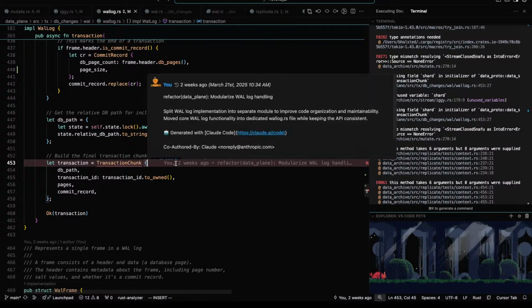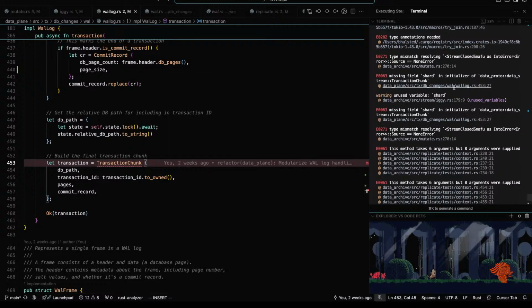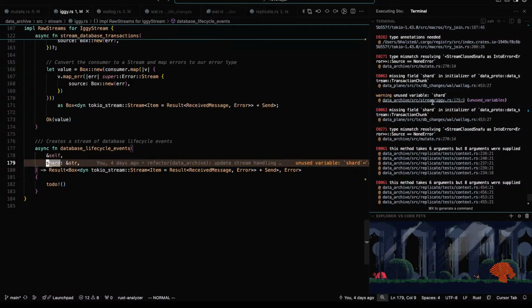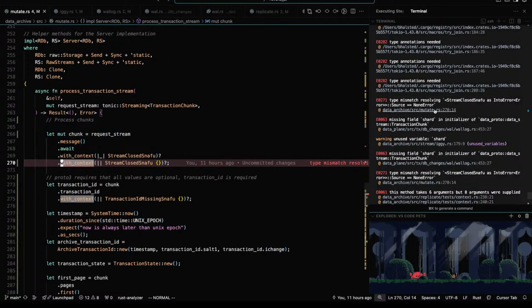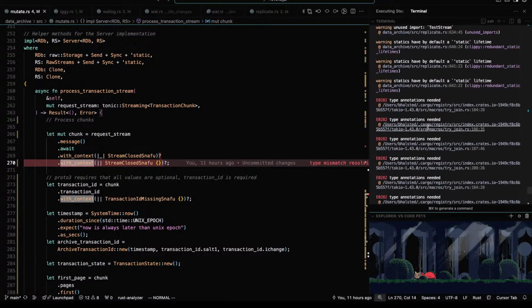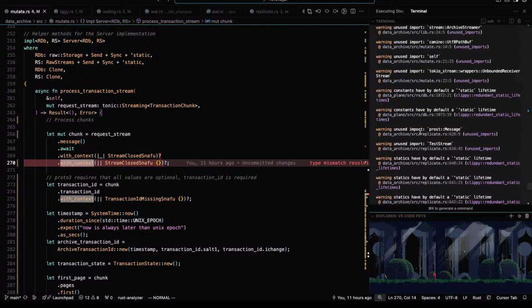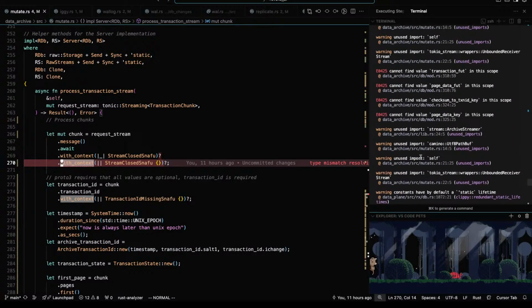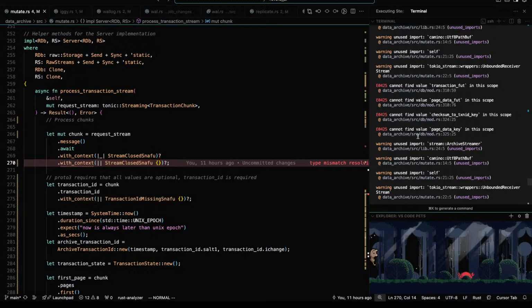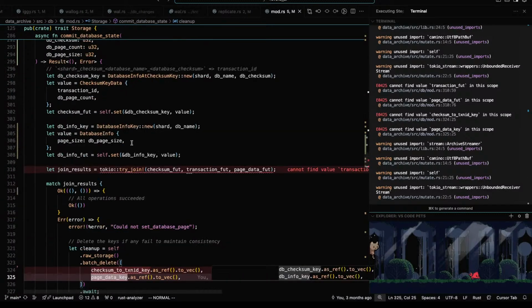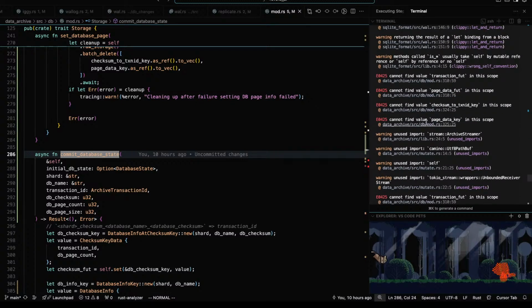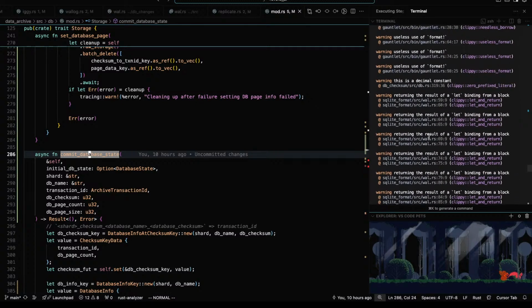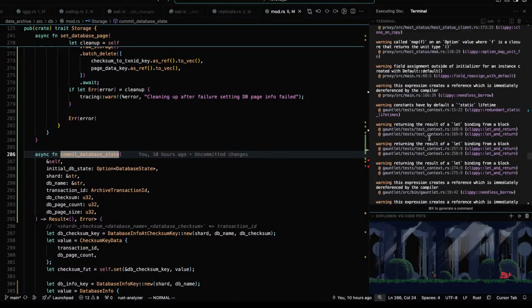Here. Yes. Is that the same place? Unused variable shard. Yeah, no. Type annotations needed on try join. But that's fine. Just making sure I get the little pieces cleaned up.